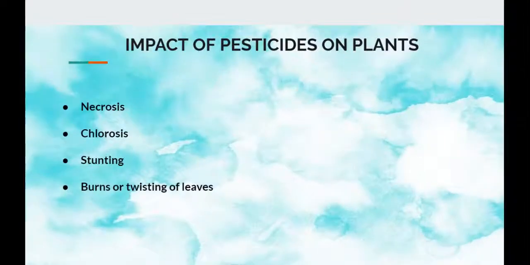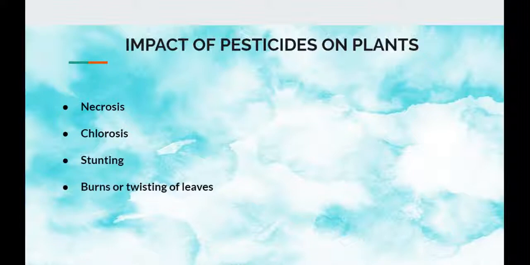When people use pesticides, they only look at the positive side, which is killing all the pests. We do not look at the surroundings of them, which are plants. With the more use of pesticides, there's a more risk of nature-friendly plants dying. Once the pesticide gets sprayed, it goes into the soil. Then the roots of the plants take it, assuming that it is a nutrient. Then the chemical goes into the whole plant.